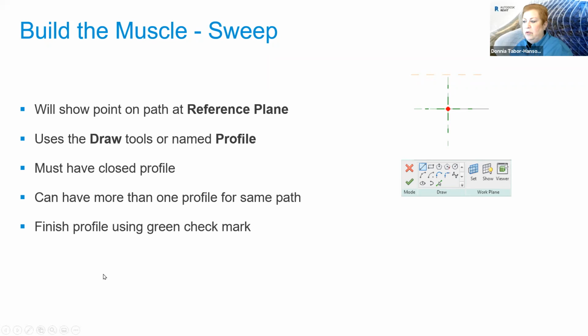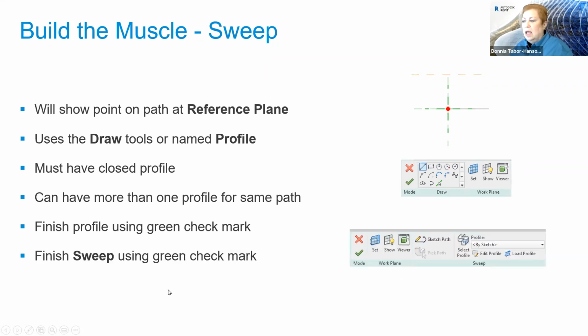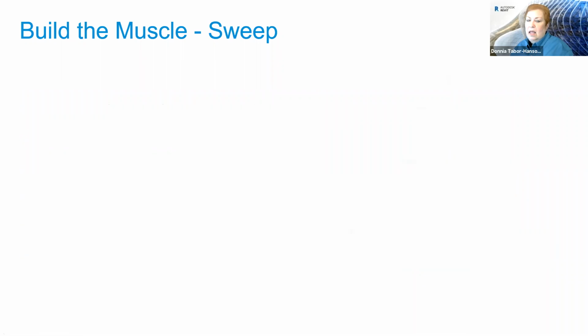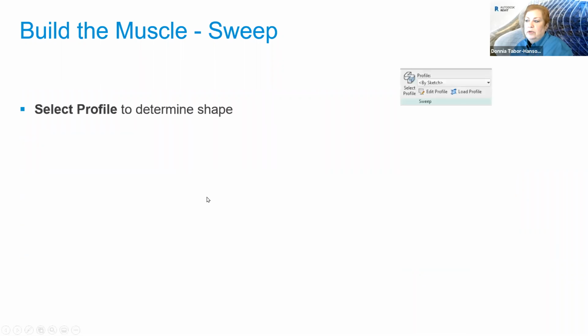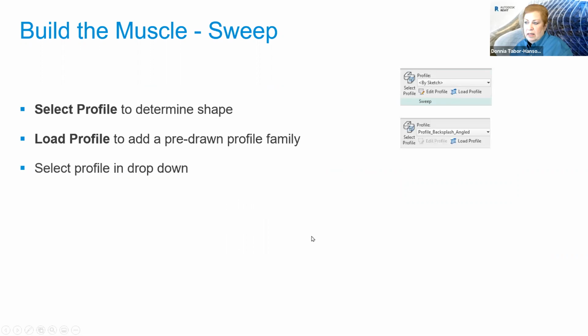And you do have to finish the profile using the check mark, much as you finished your path. Finish your sweep, and then you can see your sweep. If you're going to do a select profile, you can select the profile to determine the shape. Then you can load the profile, and then you can pull down the profile by sketch and define your profile